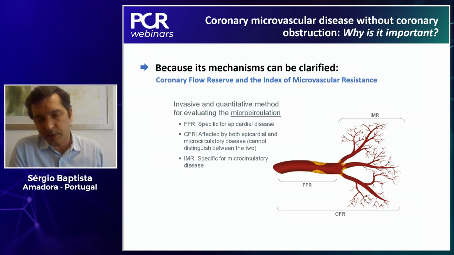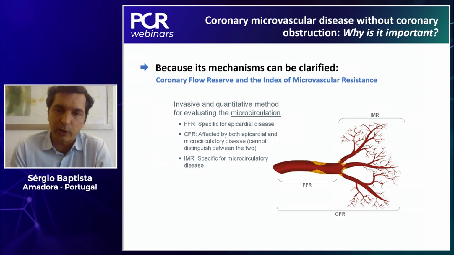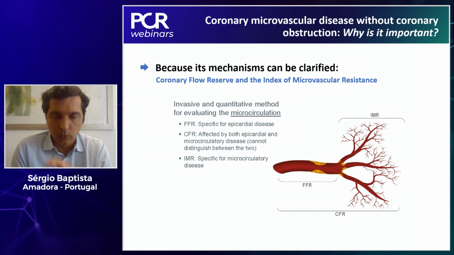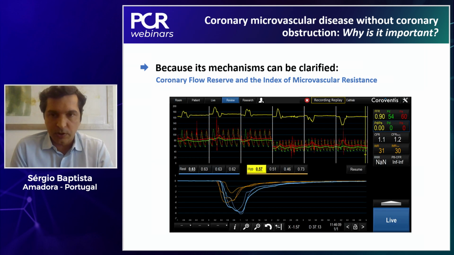And the third reason why it's important is that nowadays we can actually clarify its mechanism. We have several tools that allow us to measure the microvascular system. These two are based on pressure wire measurements: coronary flow reserve and the index of microvascular resistance. The latter one is measuring only the microcirculation, and those two allow us to define if the patient has